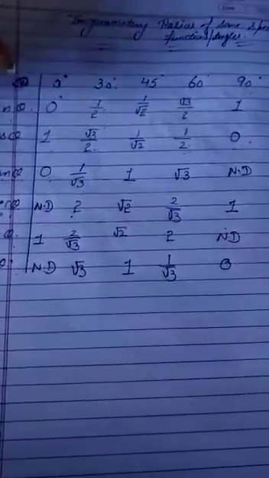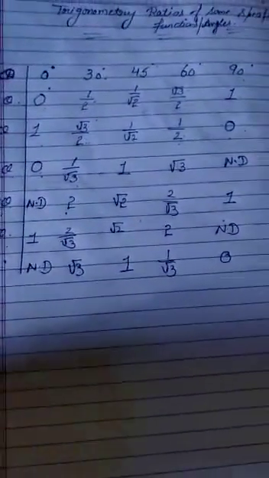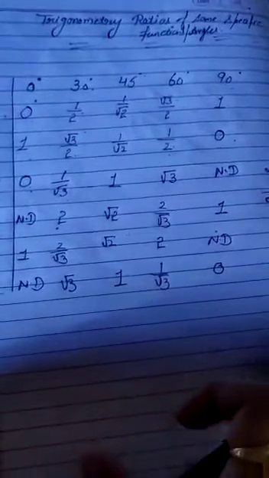So this is your table, and by using this table we are going to solve the numerical questions. For the questions you have to keep this table in your mind and practice it. Sine 0 degree is 0, sine 30 degree is 1 by 2, sine 45 is 1 upon under root 2, sine 60 degree is under root 3 by 2, and sine 90 degree is equal to 1. In the same way you are able to find the values of cos, tangent, cosecant, secant and cotangent. Now we are going to use this table in our questions. So let's start the question.